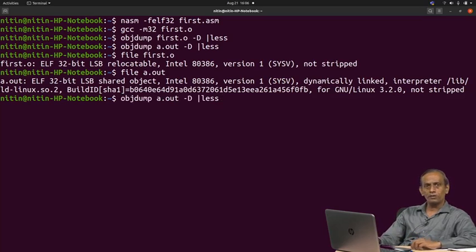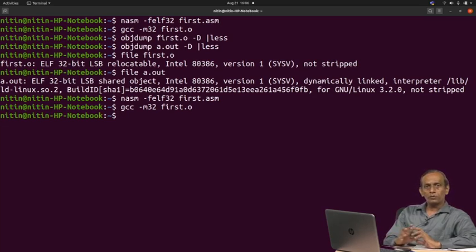So, what we learned today: we said NASM, we will write our first program using 32-bit instructions, where our program is stored in a program-name.asm file. Then this is taken with -f elf32 as a switch with NASM, which in turn generates object code, and then GCC is used to translate that object code generated by the assembler into an executable. So we will write gcc -m32 first.o.